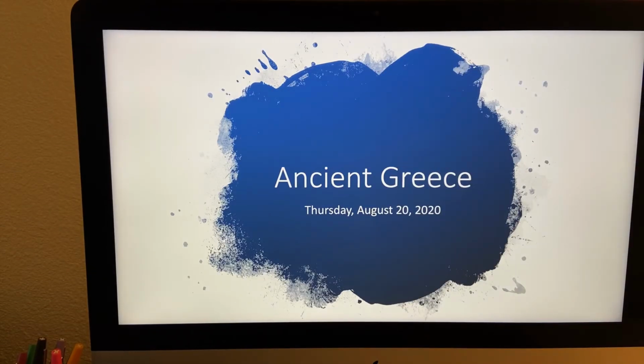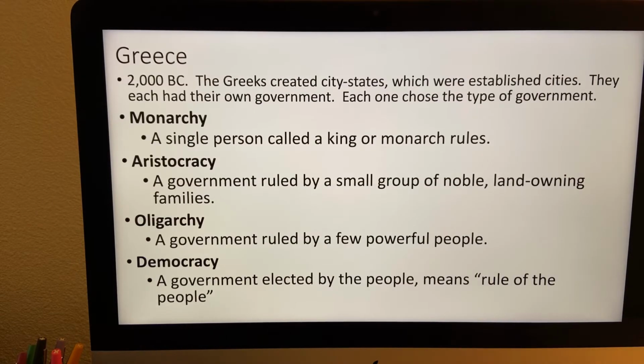this first PowerPoint that we started on the first day of school, or it might have been the second day of school, but we started on Thursday. We're talking about ancient Greece as a quick review, all right? So this is something that you guys definitely need to know because these are the different types of governments that existed in ancient Greece. Now, these governments still exist today. So you definitely need to know these